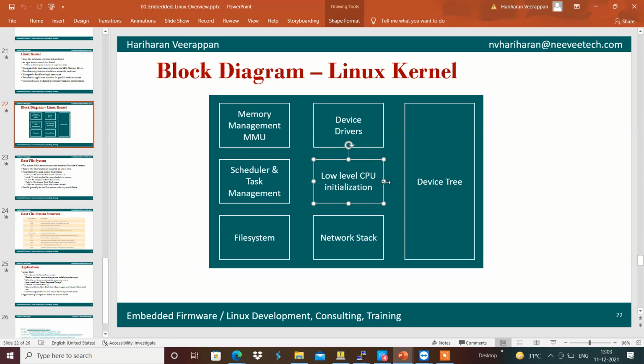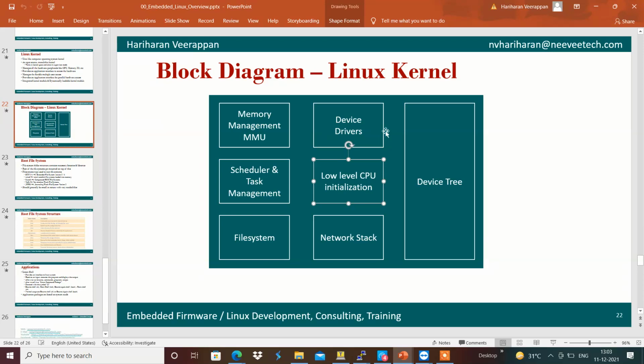Is there any direct relation between the device driver and the memory management, like how it interacts? Suppose I'm adding an additional peripheral device to the device driver, there has to be some memory allocation or mapping happening for that particular device. Do we have to modify the memory management? No, we do not need to modify the memory management. Maybe we can use the